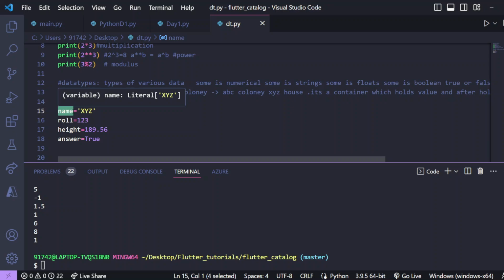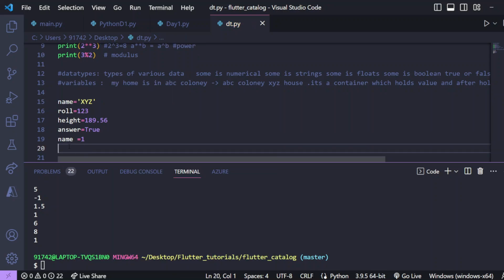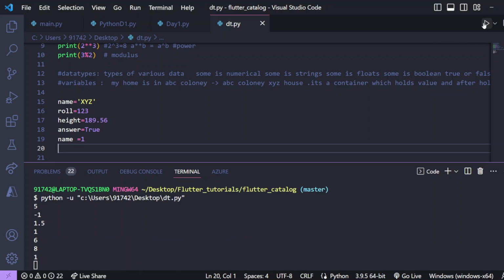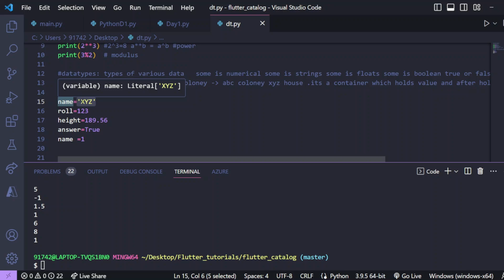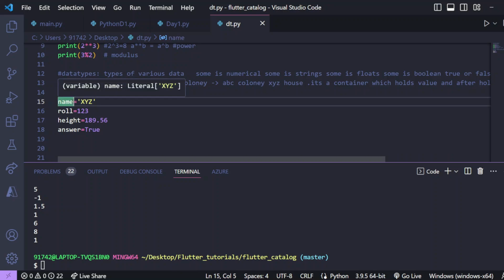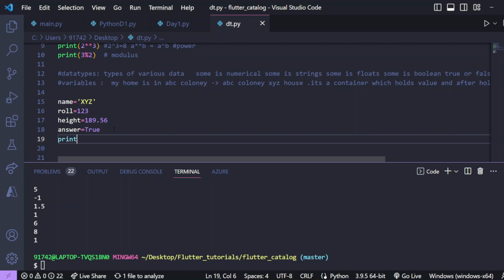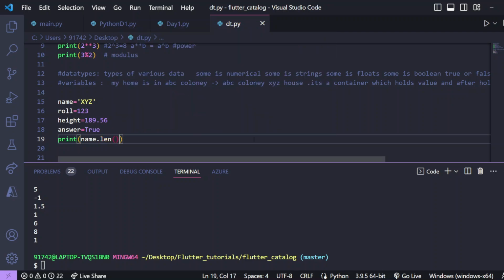If I put another definition to this name, like here if I put name equals 1, it will not give me an error. Check, it is not giving me an error, because here the name is set to xyz, and here it is updated. That's why it will not give you any error. But what is a variable? It is some data contained in a container called name, and it will act like the data. Suppose I do print name dot